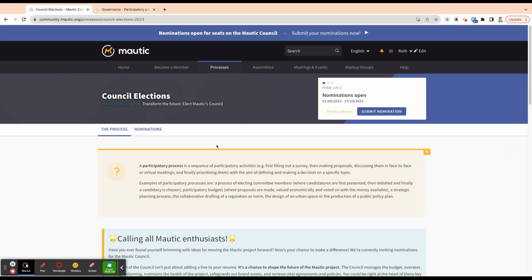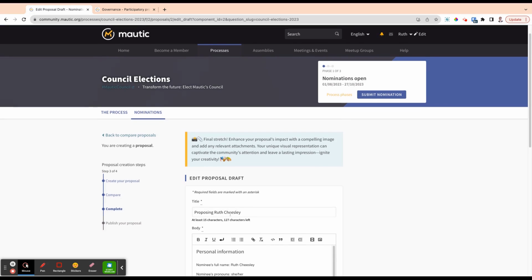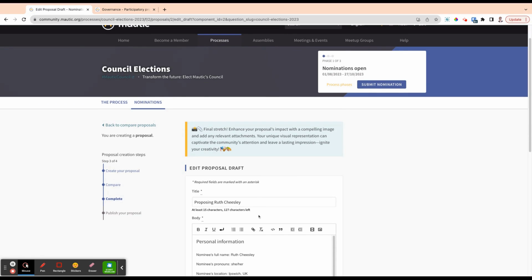So what happens basically in this phase? Nominations are open. So I could submit a nomination. If I wanted to nominate me, I would fill in this draft. I've already written some text in, just fictionally, so that I can show you how it works. You start off with create your proposal, and you have help text here which tells you what you need to